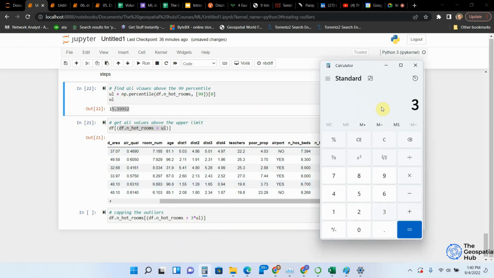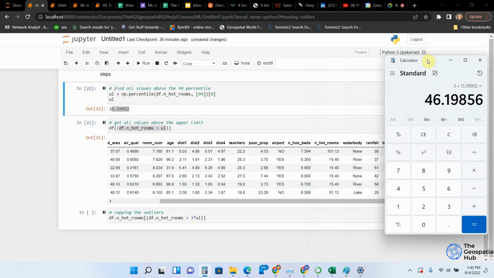So let's say 3 multiplied by 15.39952. So now wherever this function is going to look through our data frame, and it's going to look at this particular column, wherever these values in this column are greater than 46, then we